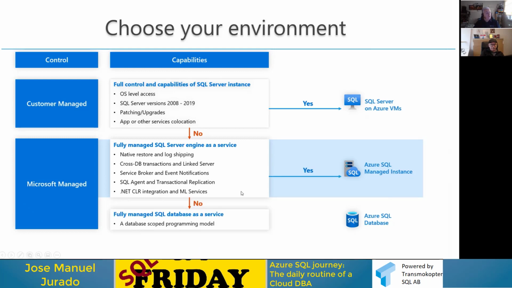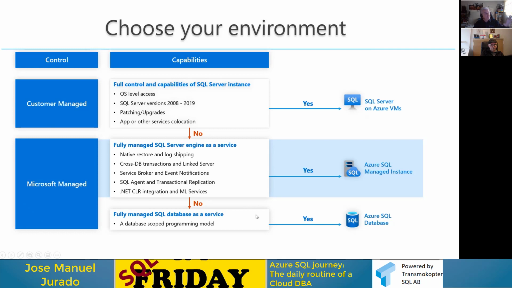And finally, you have another option, let's say more at database scope. It's called Azure SQL Database. Azure SQL Database is basically when you need a database, for example, for your service. For example, I don't need SQL Agent. I don't need to implement CLR. Basically, I need this database with some capabilities in order to run my process, because Microsoft prevents any problems in terms of high availability and backups. So this is the different flavors that you have right now in SQL.